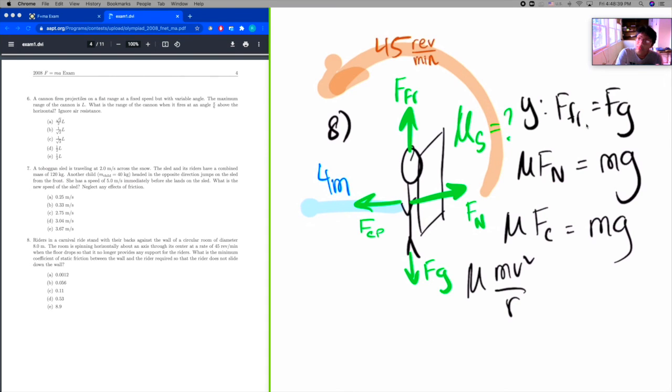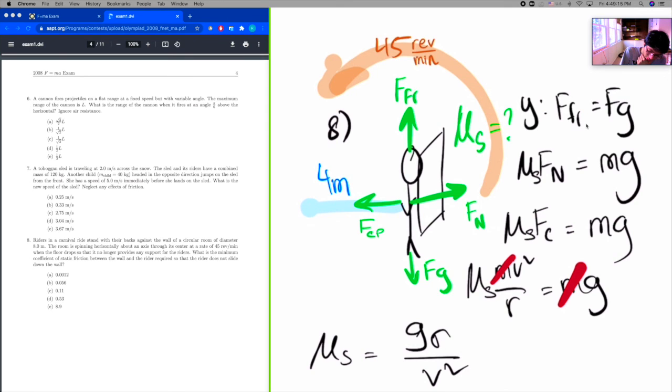Okay, with that being said, let's go ahead and keep going. I guess now we can cancel out these masses. That's why the problem didn't give any masses. We're supposed to solve for mu sub s, so maybe I should label this mu sub s, since this guy's not moving. Well, he is moving. If you're an outside observer, you'd say he's moving, but in his reference frame, he's at rest. So things are complicated. So mu sub s is going to be